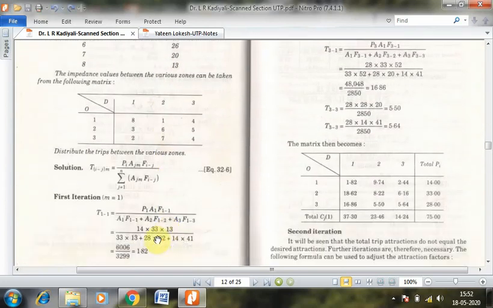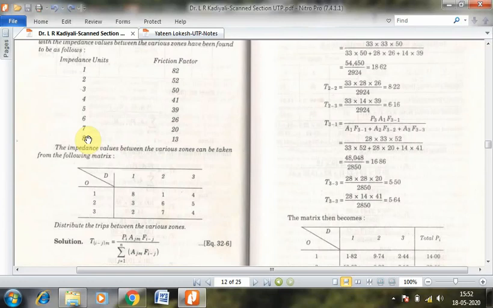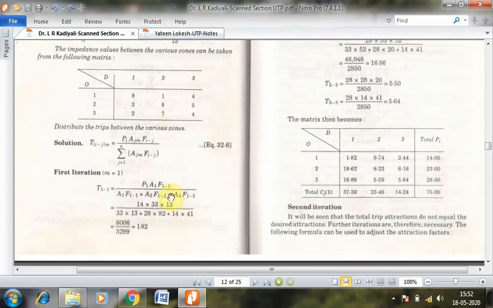Now this 33 will go here, multiplied by F11, friction factor between zone 1 and 1 or within zone 1. So you have to refer to this OD matrix. With respect to this OD matrix, origin is 1, destination is 1. Correspondingly, the impedance unit is 8. Now if the impedance unit is 8, what would be the friction factor? It is 13. So that 13 will be substituted here, divided by